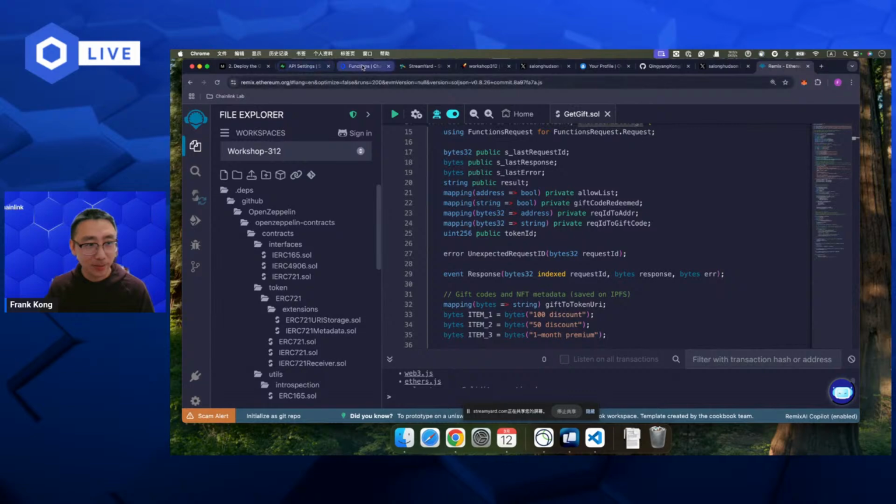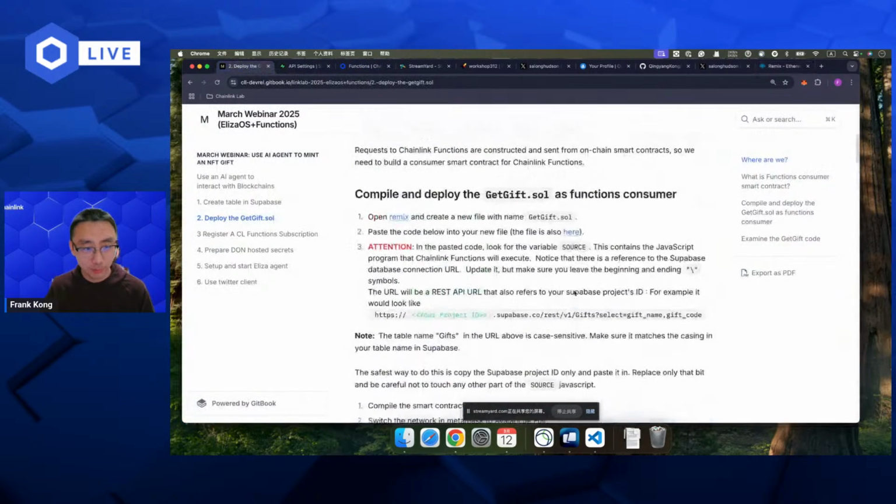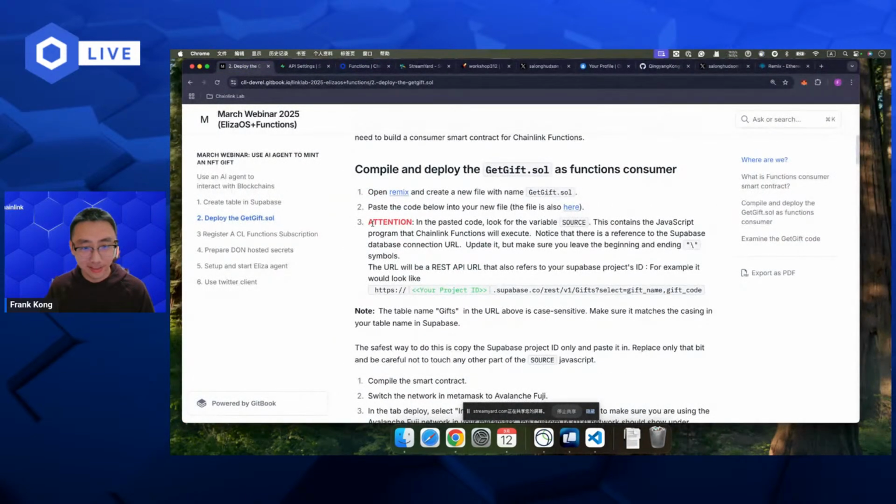Let me go back to the GitBook. Before I deploy, there is an attention point. In the pasted code, look for the variable source. This contains the JavaScript program that the Chainlink Functions will execute. You need to change this one before you deploy.